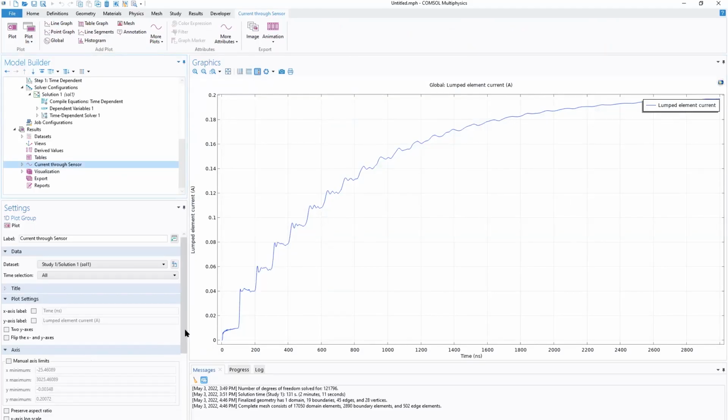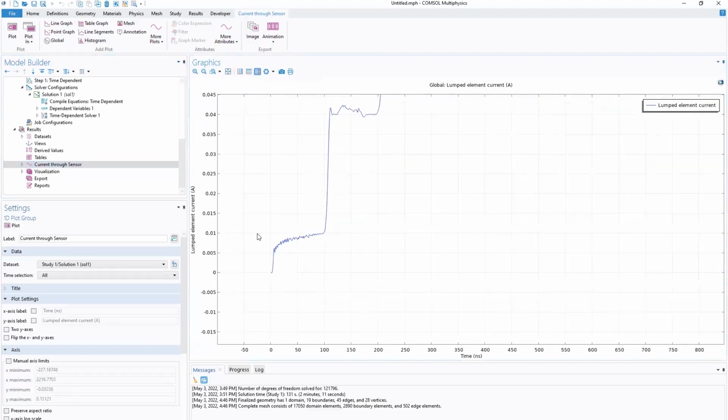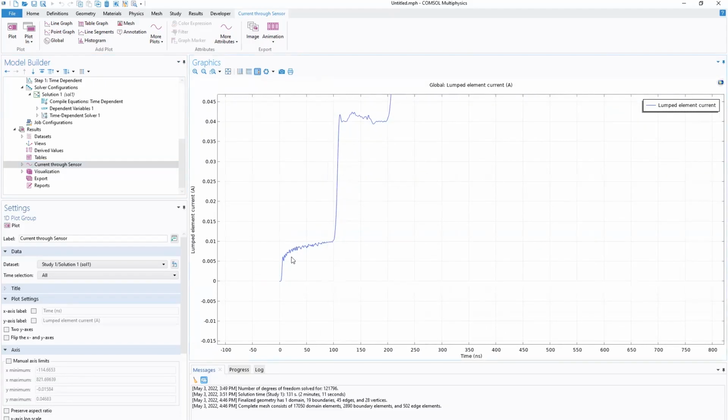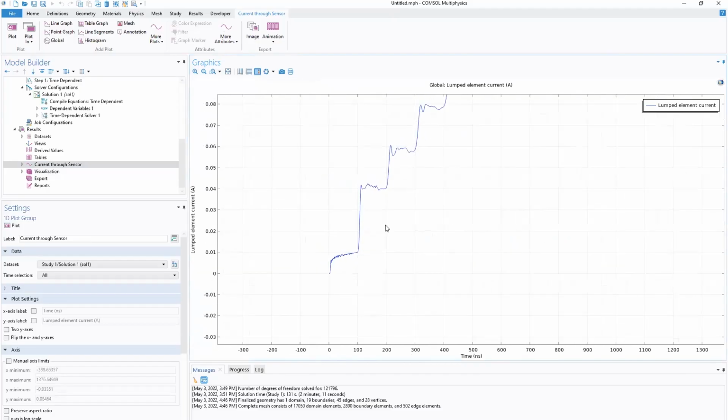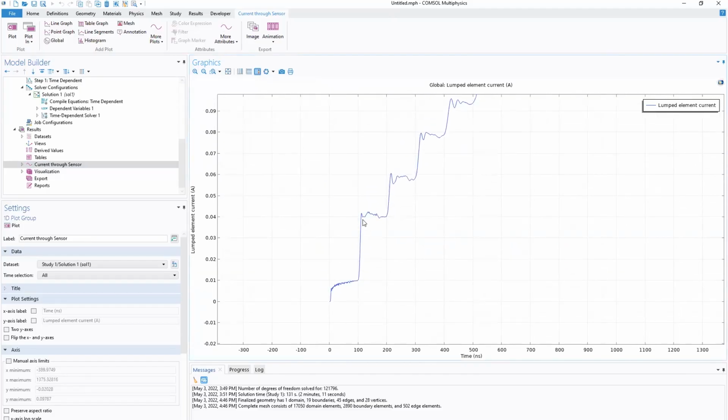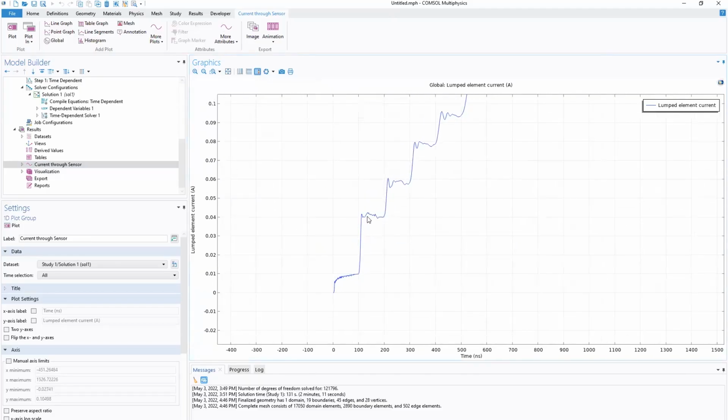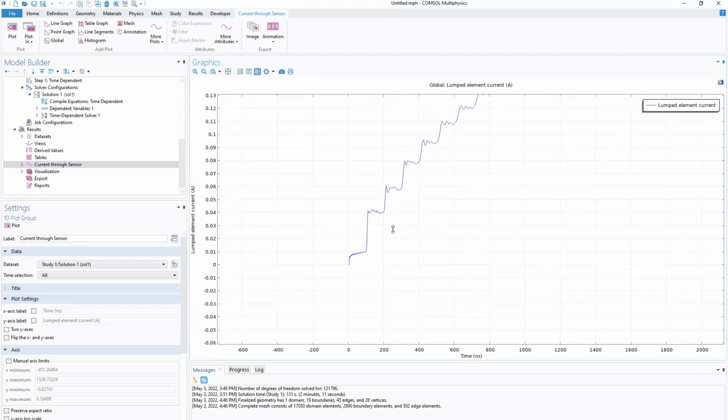The small signal that we have at the very beginning here is due to the electromagnetic waves propagating and bouncing back and forth between those wires at the very beginning of our start time. Then we start to see this signal as the signal bounces around the ends and comes back and forth. And these